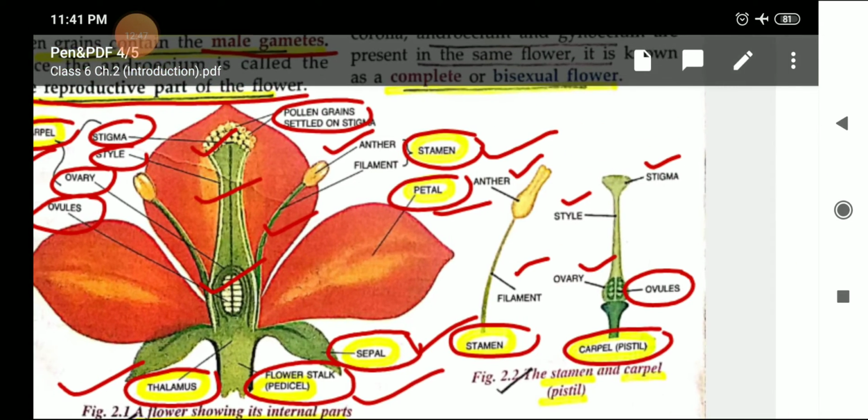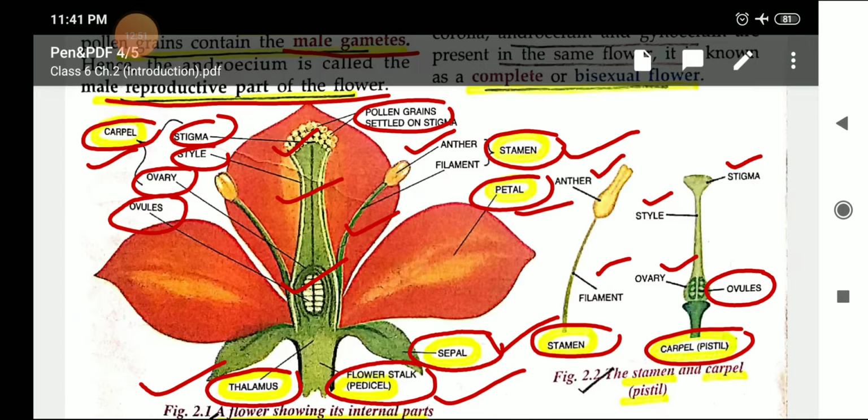So children, these are the main parts of the flower, or you can say the structure of a flower. And can you recognize this flower? This red color petals? I have shown you this flower in your previous class 5. This one is China rose, or the scientific name is hibiscus, because hibiscus is the best flower to study the parts, because all the four main parts are clearly visible in China rose or hibiscus. So we have just discussed the four main parts of the flower.